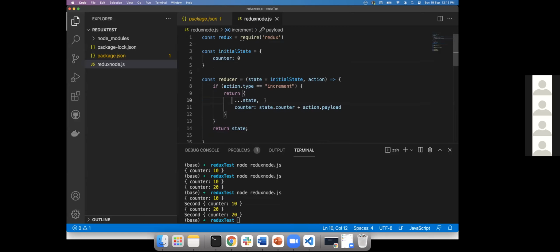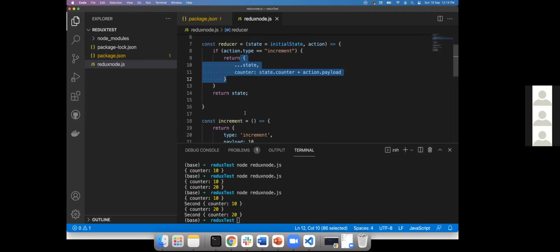Do you know what this is? This is a spread operator. What do you mean by this? It is copying, taking a copy of the old one and applying the new changes. This is the way, without mutating the old object, we pass the new things. So we are taking a copy of the old state, applying new changes, and returning that as a new state variable itself. So now what will happen?